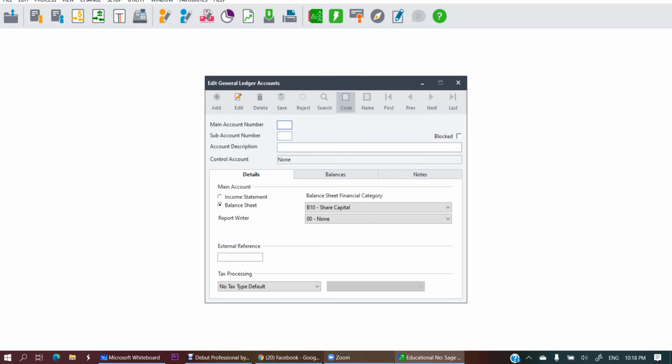Right, then the next one is to create the fixed asset account. First of all, I'm creating the account for the first time, so it's going to be 6,500. Enter. You see that the sub account automatically puts 000 because I'm creating the account for the first time. Okay, so this one is repairs